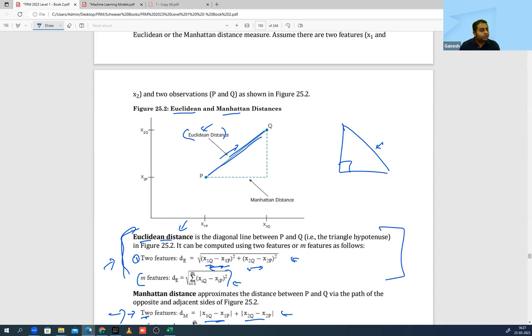This line is called hypotenuse. So what they are basically telling us is that when you're using the Euclidean approach to find the distance, it is going to find something which is a straight line, and you can consider it as the hypotenuse of the triangle. But when you're using Manhattan, it is basically finding distance like this. It is going like this, it is going like this. So the other two sides of the triangle, that represents the Manhattan approach of finding the difference.